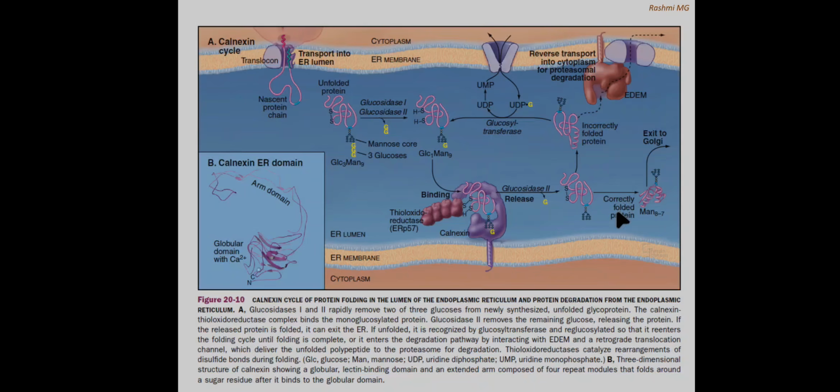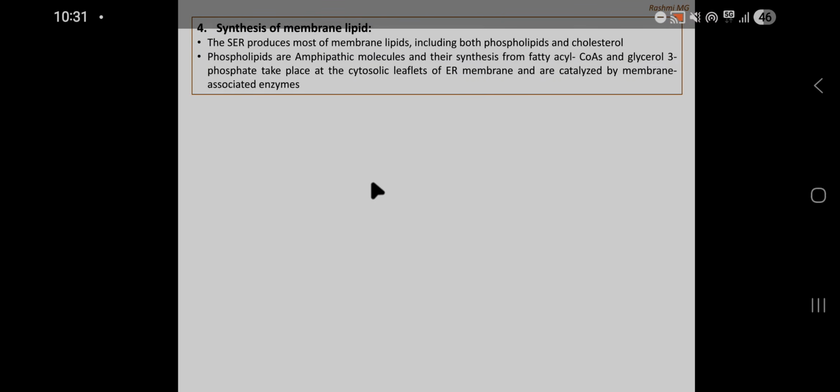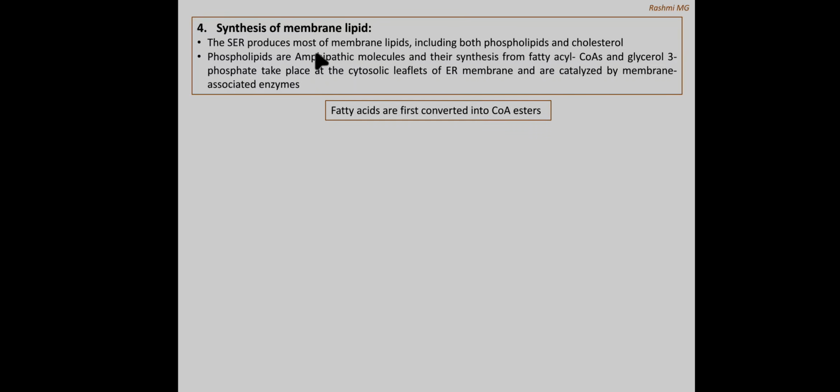This is another image where you can see the cycle, and the correctly folded protein exiting from the ER lumen to the Golgi. This was explained in the last class. Now we'll go into detail about the second major importance of the endoplasmic reticulum organelle, that is the synthesis of membrane